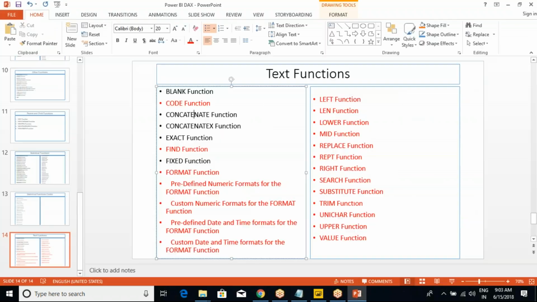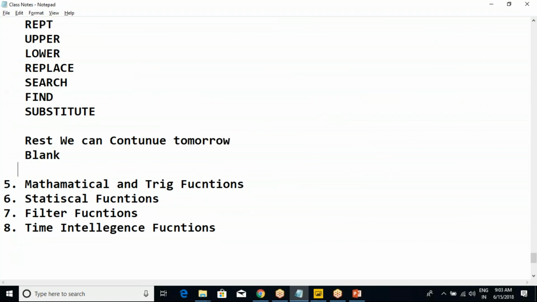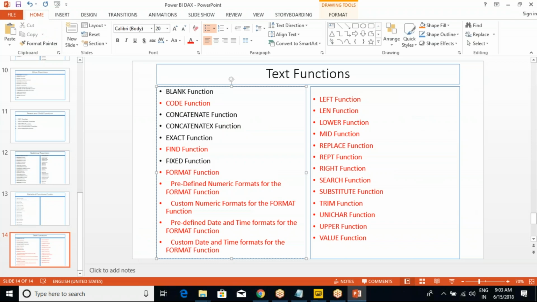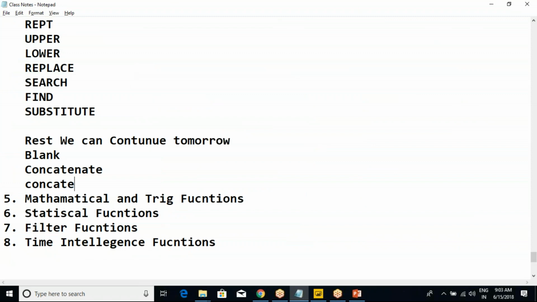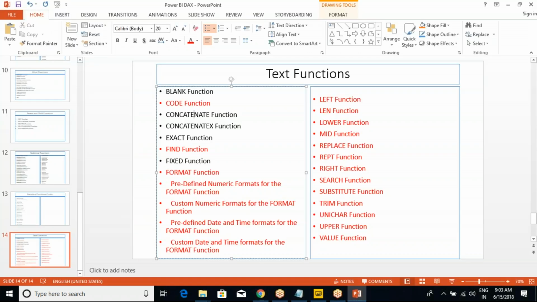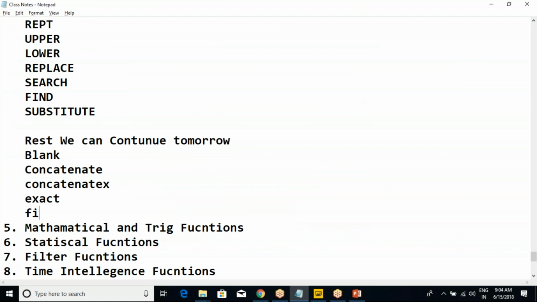Hardly how many do we have, like blank if required, concatenate text, concatenate, exact, fixed one. Here only concatenate will be a little bit important and exact will be a little bit less, you can ignore it. Anyhow, I will cover it tomorrow in the first 5 or 10 minutes, then we can continue